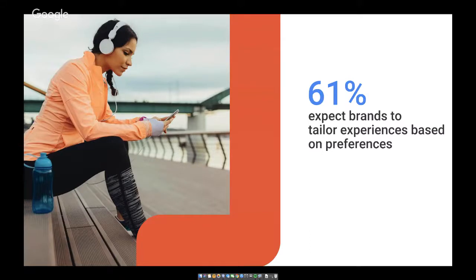Another example I would like to give is Netflix. They show on the homepage the series they recommend to you based on the previous series you've watched. That's a great way of tailoring experience based on preferences and personalizing the mobile or online experience.